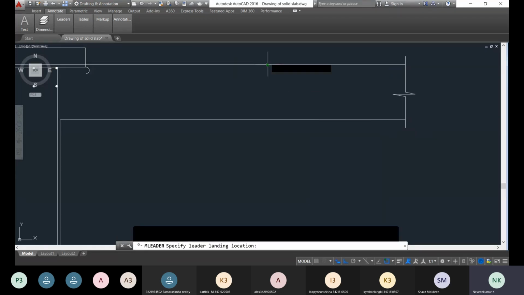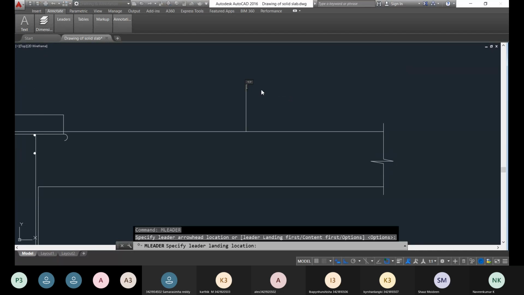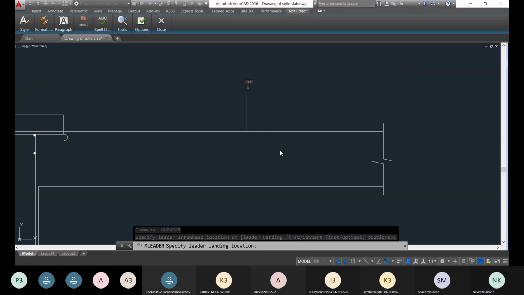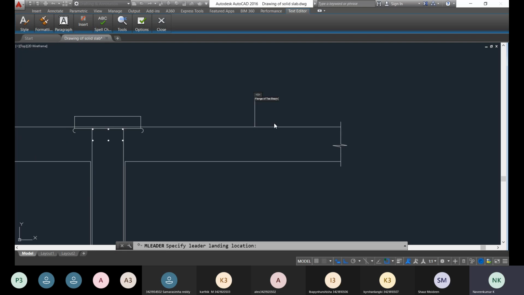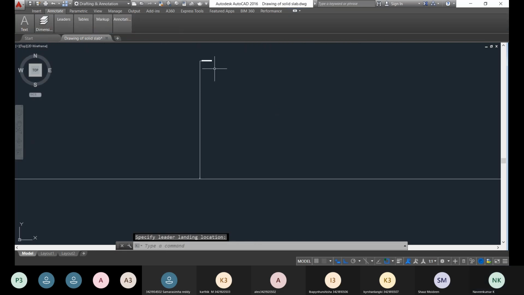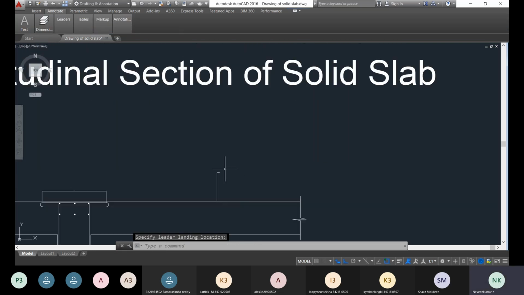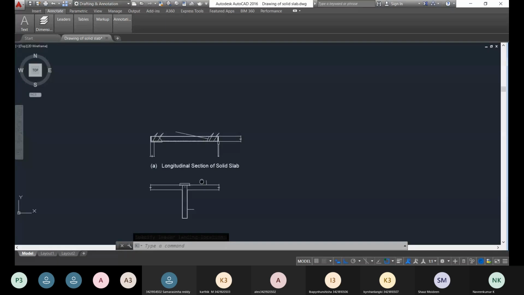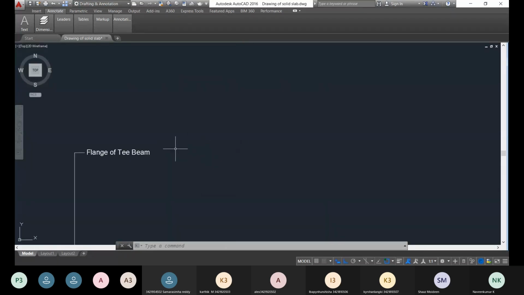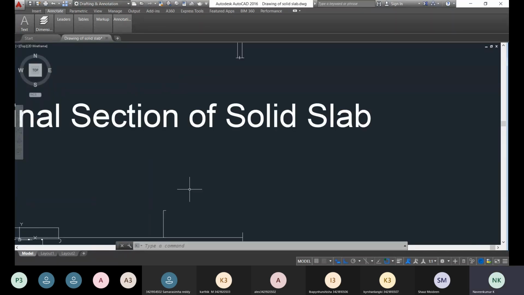So this is the flange of T beam. This one is a flange of T beam. Okay.